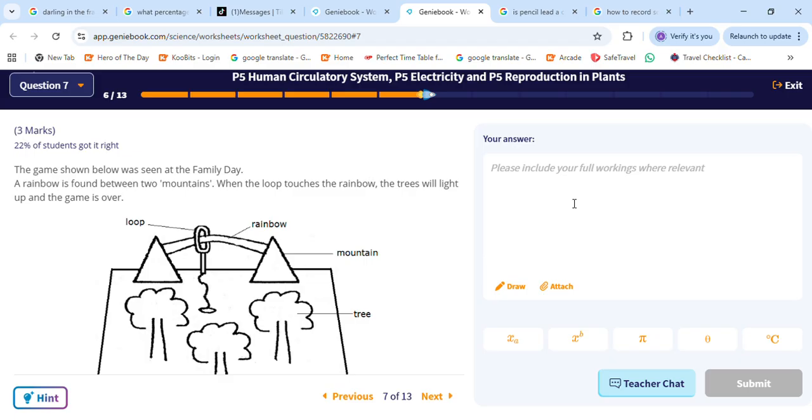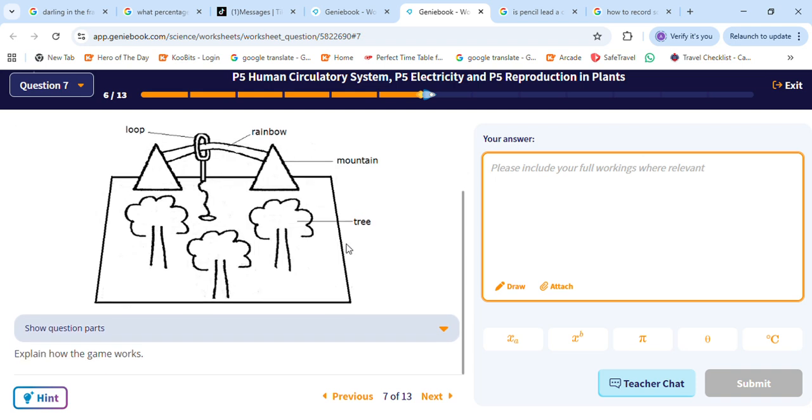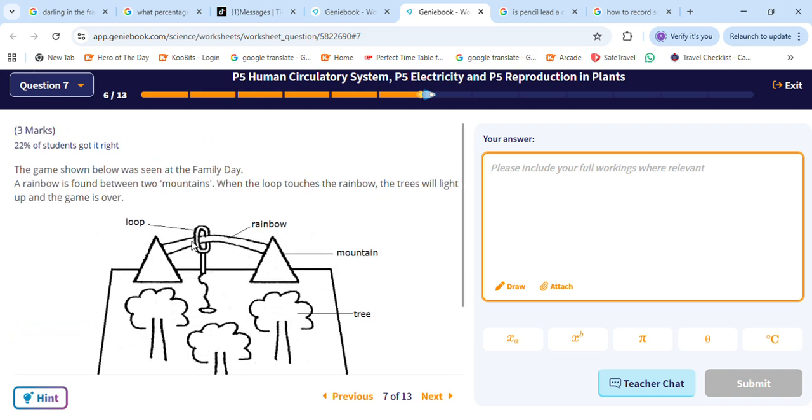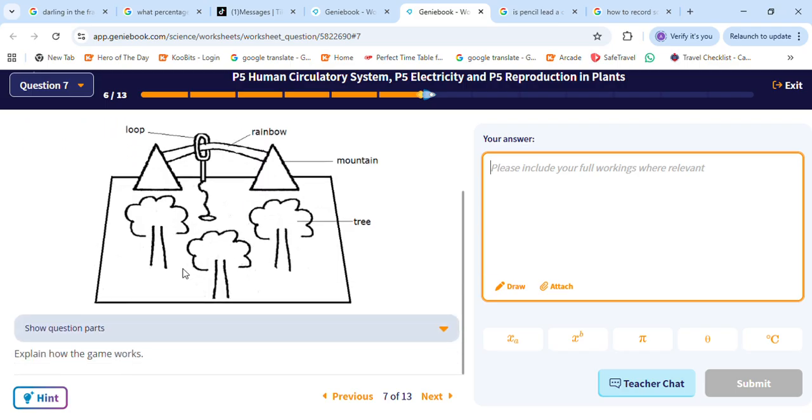Actually, it's just ER. You just have to explain how the game works. So I'm going to explain the whole process. If the loop touches the rainbow,